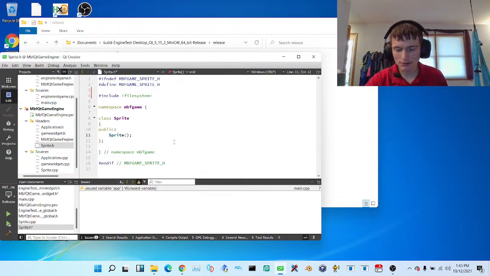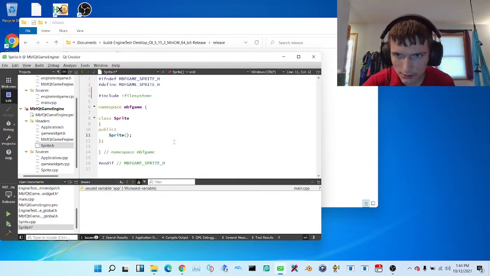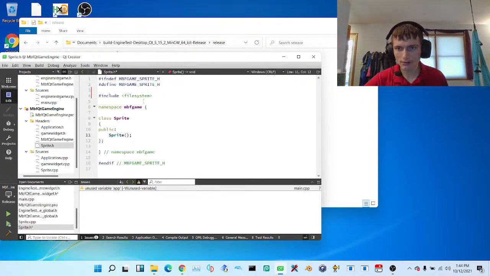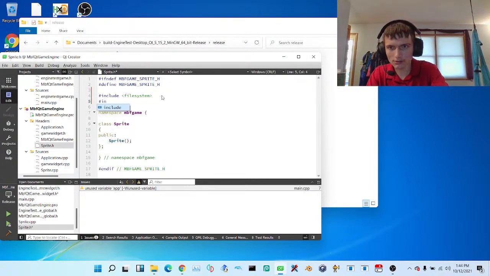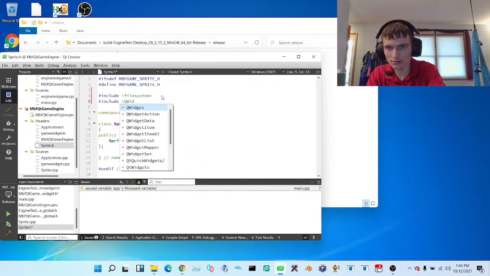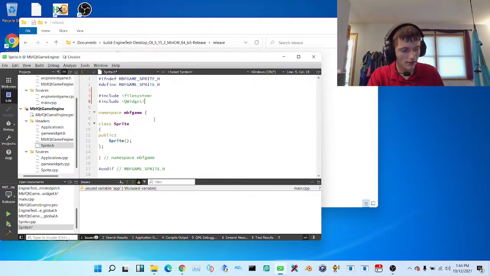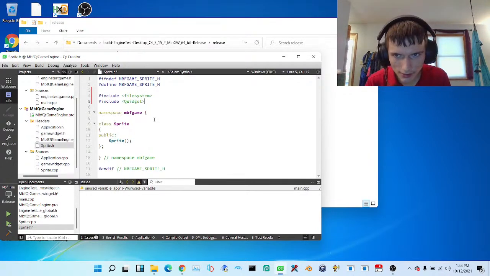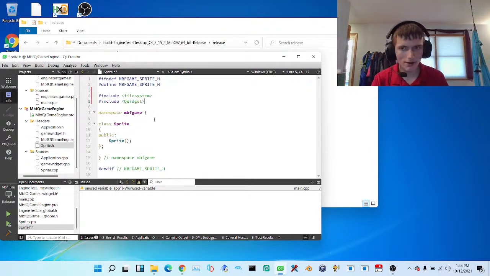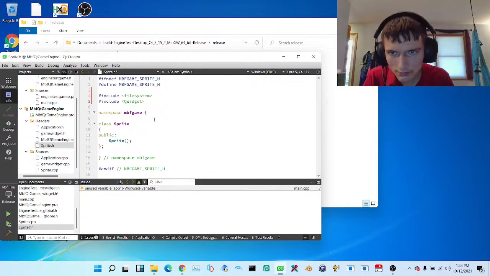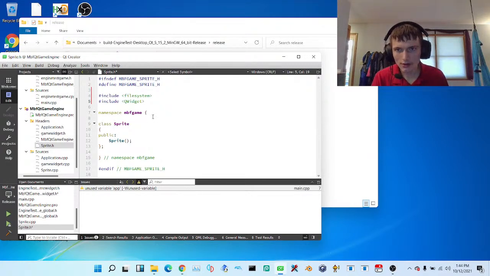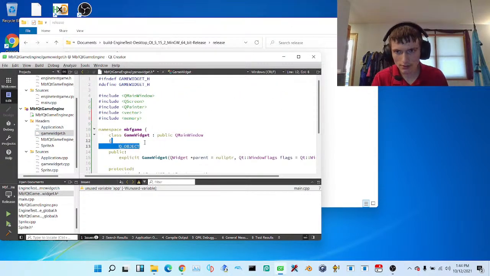Let's see. Wait, I should have made this inherit. I could do that. I could really easily make it inherit. So let's see. #include <QWidget>. I want this to inherit from QWidget, and there's an interesting reason why. The interesting reason is that if it inherits from QWidget, then what we're able to do is